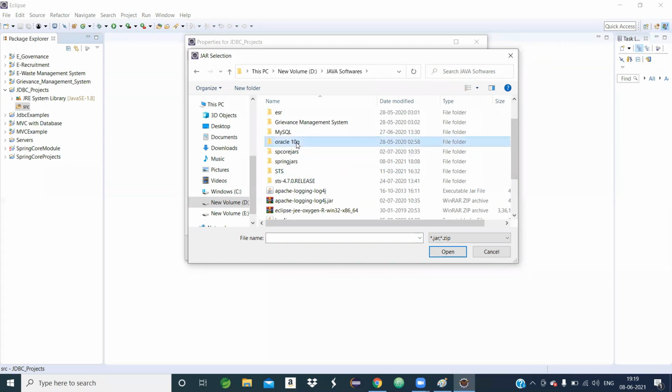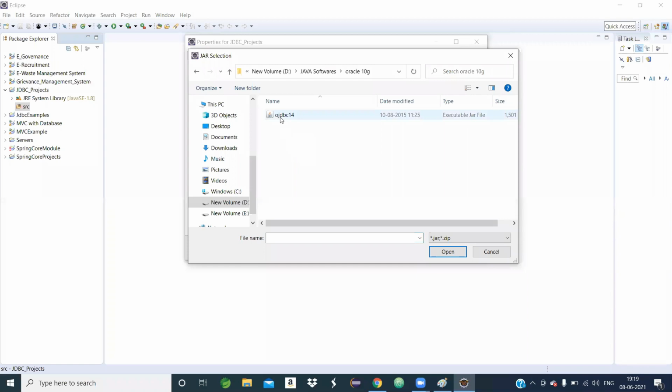I will open Oracle 10G, and this is my jar file. This jar file is already available inside the Oracle folder. In Oracle 10G the file is OJDBC14, in Oracle 11G the file is OJDBC6.